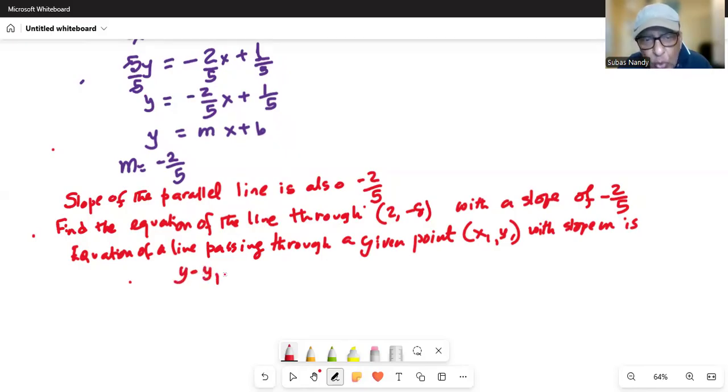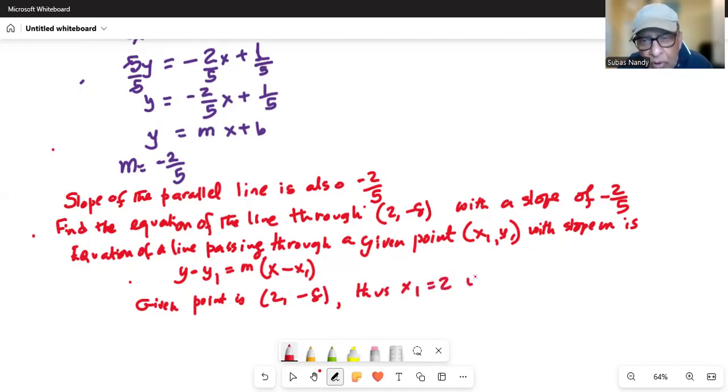So y minus y1 is equal to m times x minus x1. Now, for us, the given point is (2, -8). Thus, x1 is equal to 2, y1 is equal to minus 8. Now, let's write it down. Therefore, the equation of the desired straight line is